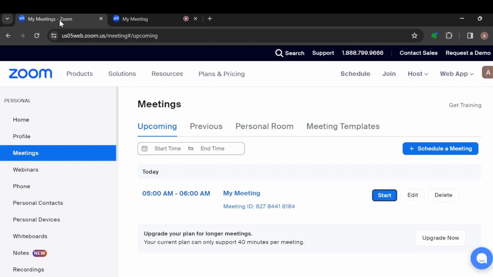The first step is to log into your Zoom page, all right? It's your Zoom account to be precise. And then once you're logged in, you can go ahead and start a meeting or join a meeting, whichever one. Once you've joined the meeting and you're on the meetings page, automatically you would see